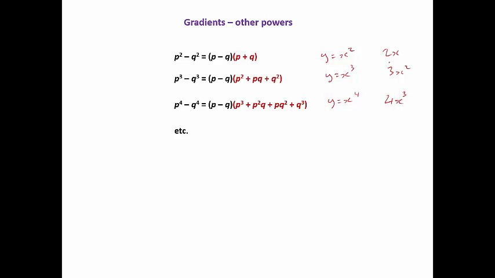Now those numbers, those coefficients, 2, 3 and 4, are just the number of terms in the bracket, because we've got 2 terms here, which gave us that 2, then 3 terms, and then 4 terms. And that number is also the power on the left-hand side. So for x to the fourth, we have a coefficient of 4, and the power on the x cubed here is always going to be 1 less than the power on the left-hand side. So where we're dealing with y equals x to the fourth, we know we're going to get an x cubed